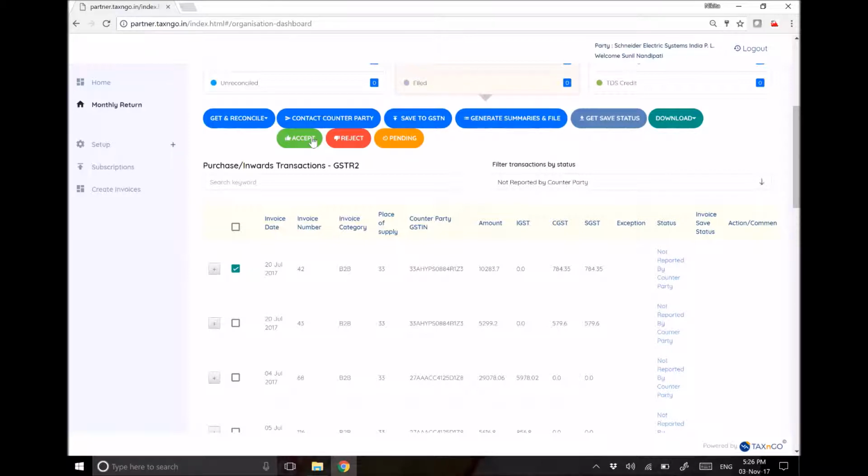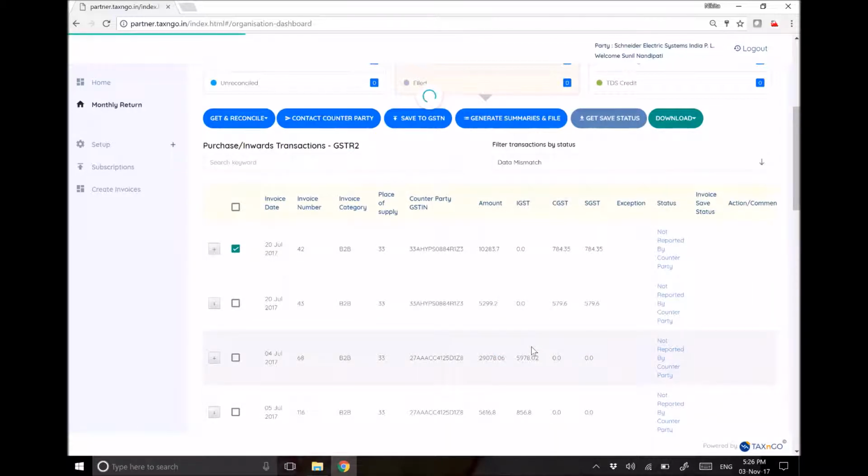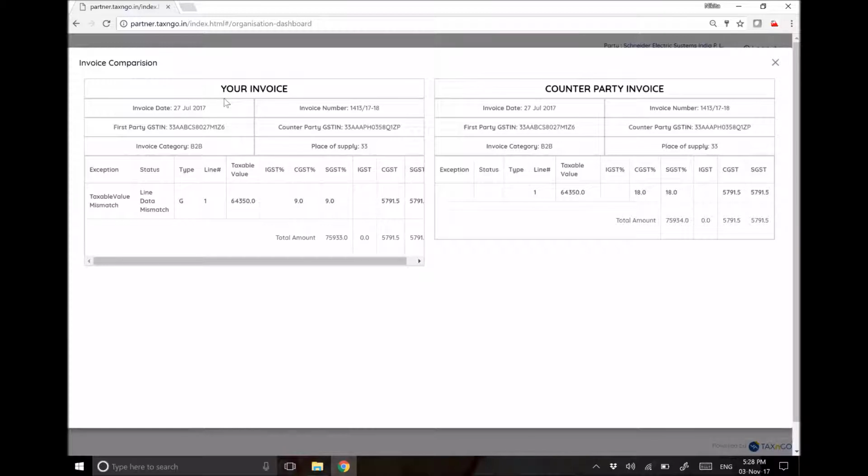Third major category is the data mismatch. So these are the transactions which are part of your vendor's data, which is GSTR2A, and also your internal register. But they are sitting in exceptions because there is some difference between the amount reported by both the parties. So where the difference is, we can see here that this is the invoice reported by the user as part of his internal purchase register, and this is the invoice which is coming as part of GSTR2A. As we can see here, there is a difference of 1 rupee,